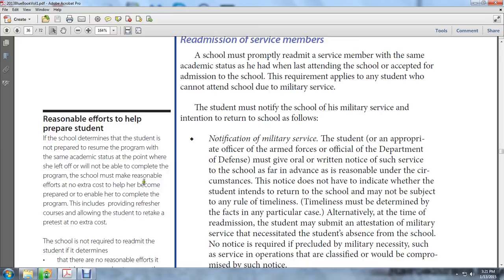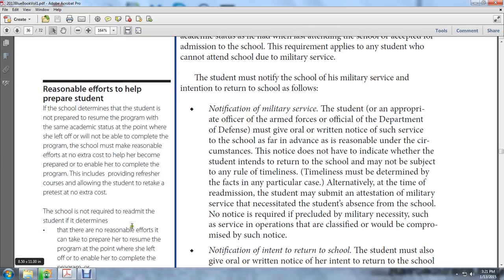Reasonable efforts to help prepare students. If a school determines a student is not prepared to resume the program at the same academic status at the point where he or she left off, or will not be able to complete the program, the school must make reasonable efforts at no extra cost to help him or her become prepared to resume and complete the program. This includes providing a refresher, or allowing the student to retake a pre-test at no extra cost. The school is not required to readmit the student if it determines there are no reasonable efforts that can be